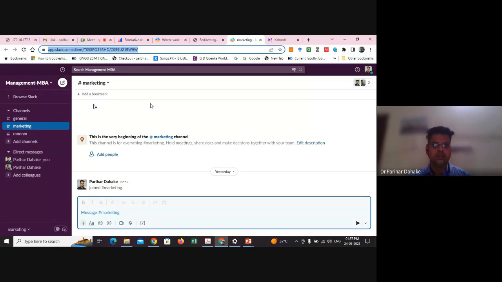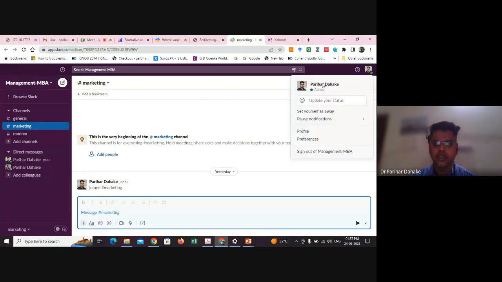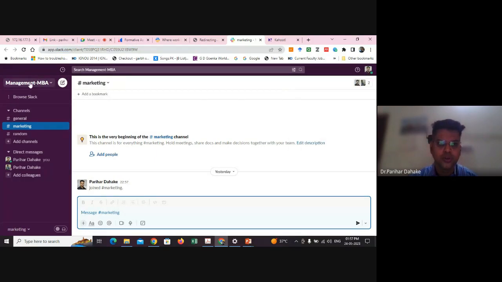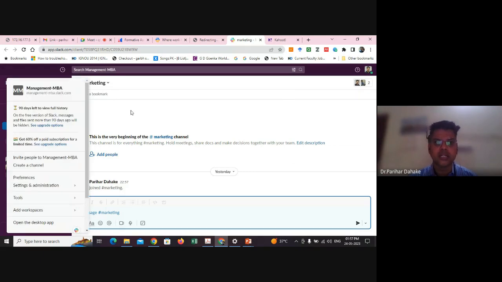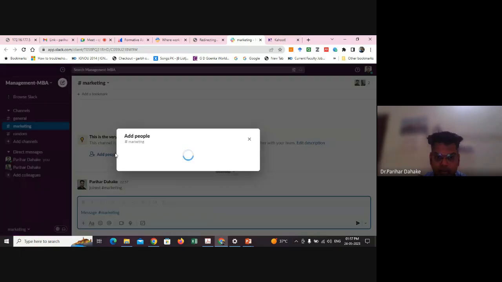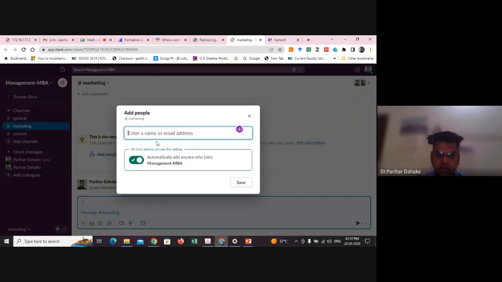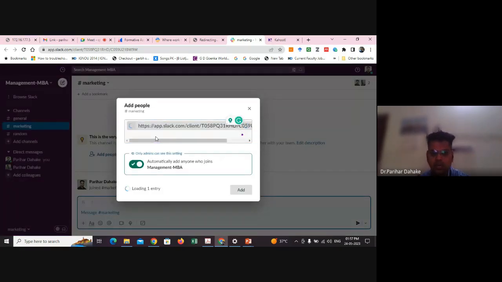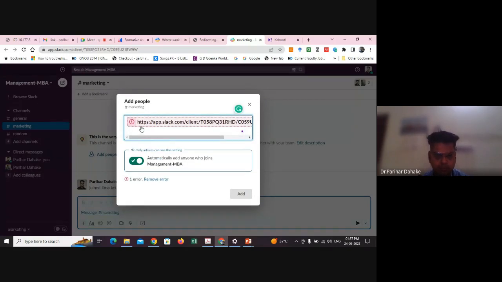This type of user interface will be shown to you, where I have created one class called management MBA. Here you can come up with such a window. Here there is an option to add colleagues. You can add your student. Here I am going to add you in my interface, and for that I'm going to enter your email ID.